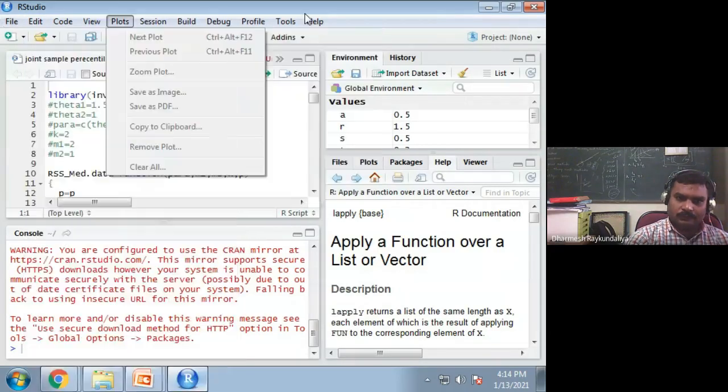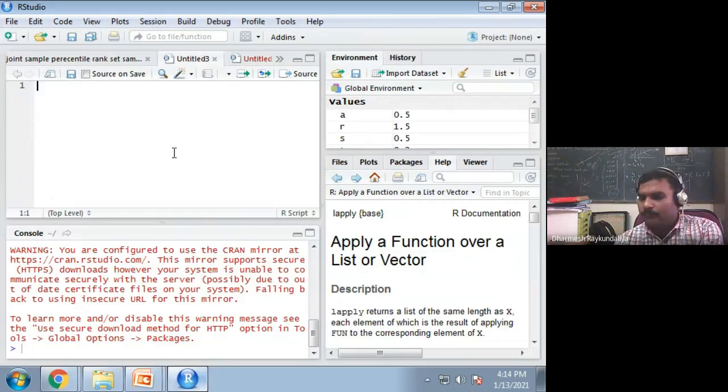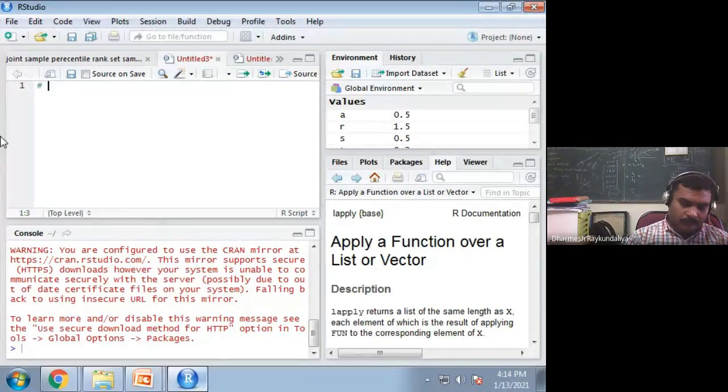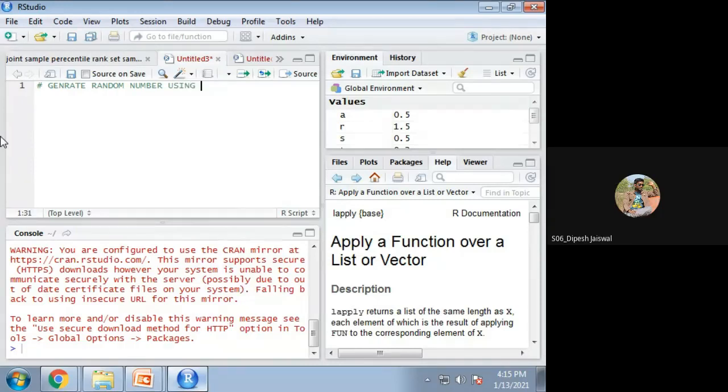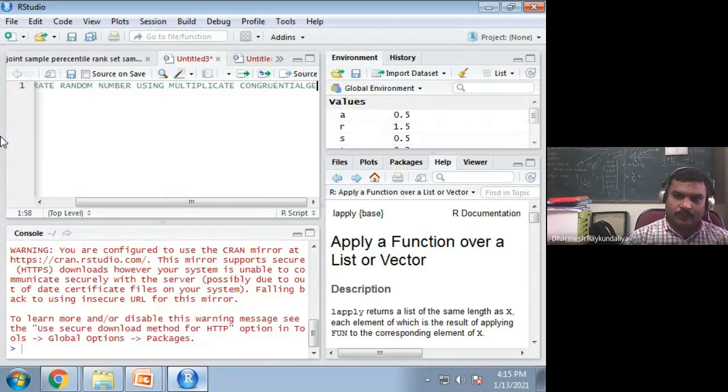Let us open R. Whenever we write a program, of course we will give the algorithm, and I have already discussed the algorithms. Suppose you wish to generate random numbers using the multiplicative congruential generator.